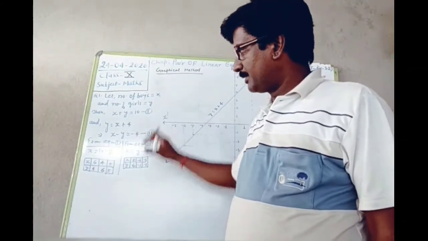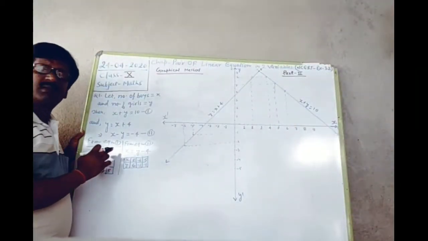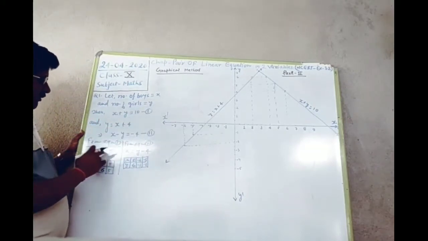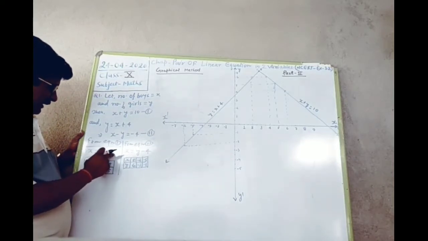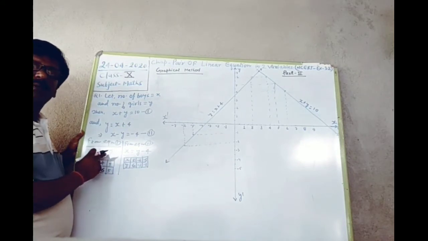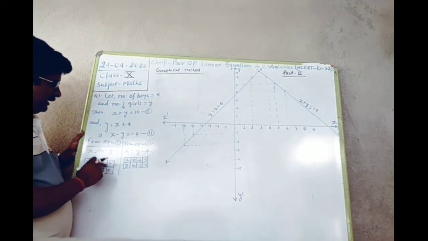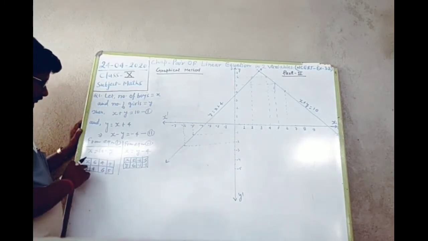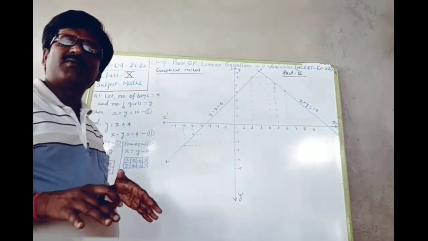And after framing these equations, just see, from equation 1, x plus y is equal to 10, so x will be 10 minus y. And from x is equal to 10 minus y, I have taken the value of y as 4, then x will be 10 minus 4, that is 6. And when the value of y is 6, then x will be 10 minus 6, that is 4. And when the number of girls, that is y, is 5, then 10 minus 5 is equal to 5. So x is also 5. So this way I have got the values of x and y.